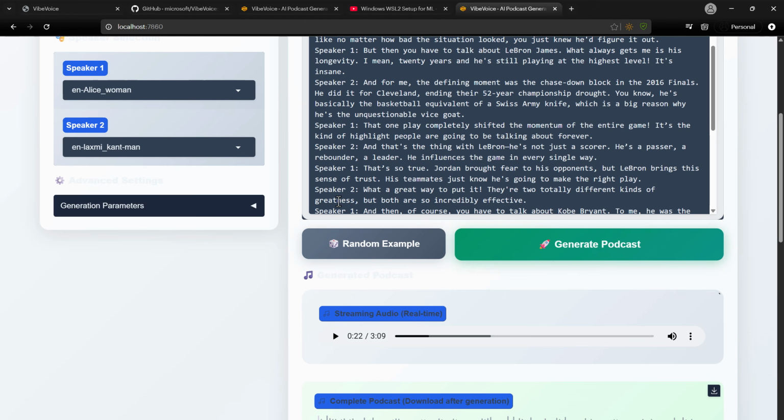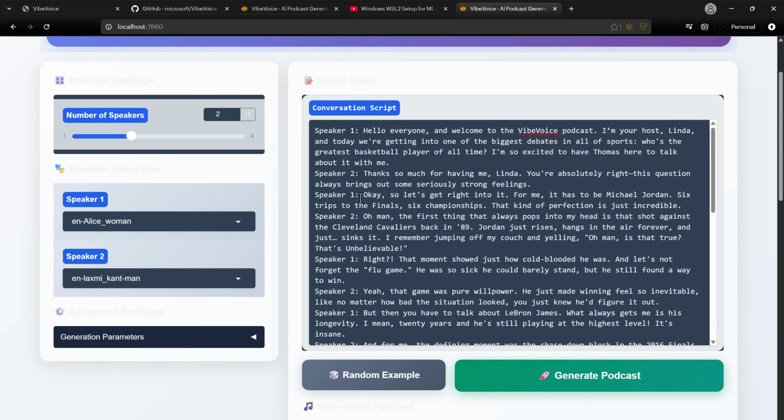Enough talking. Let's go ahead and get started with the setup. I'll be showing you in 20 to 25 minutes how you can create your voice clone. Once you have done the setup, thereafter you don't need to do any other setup. You just bring your voice and put your scripts here. You can use an LLM or ChatGPT to create the script and then you just generate the podcast. All right, let's get started with this.